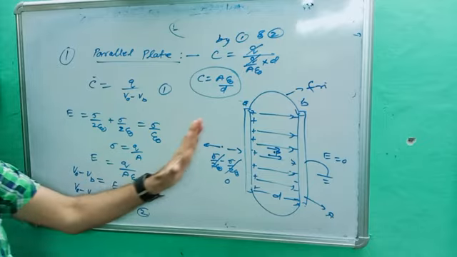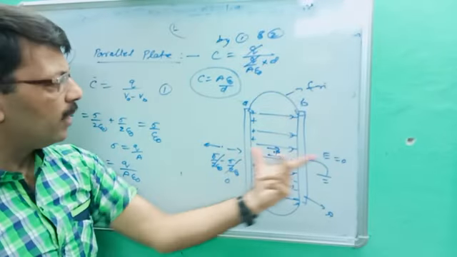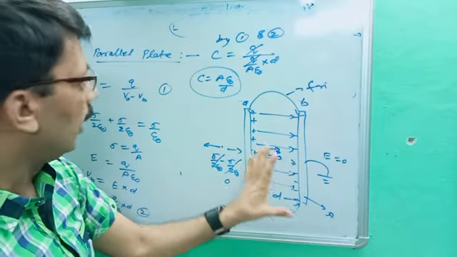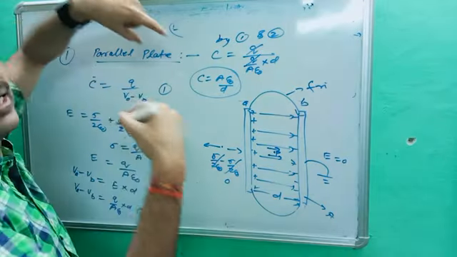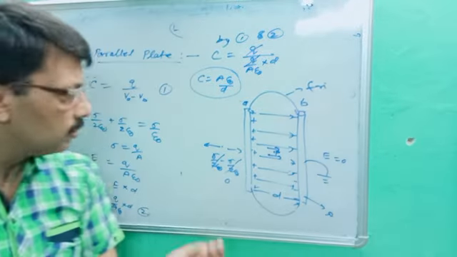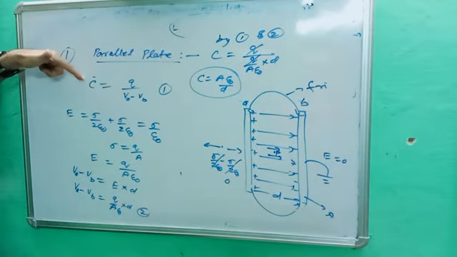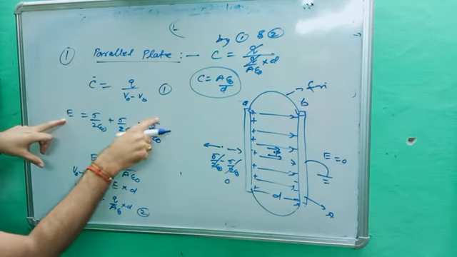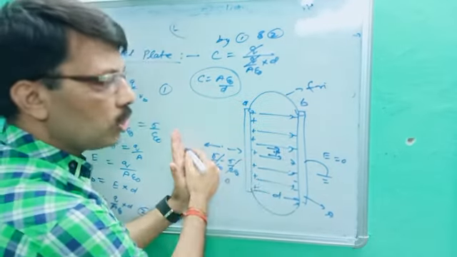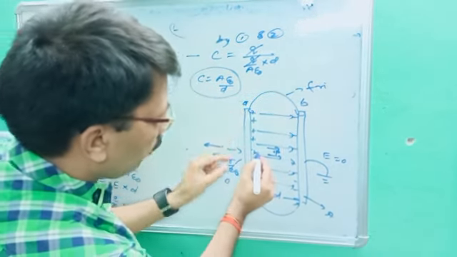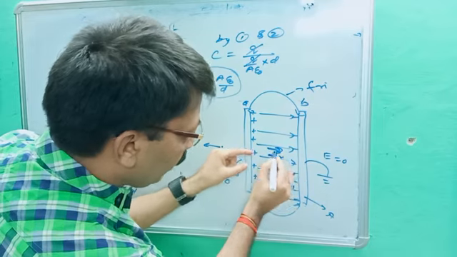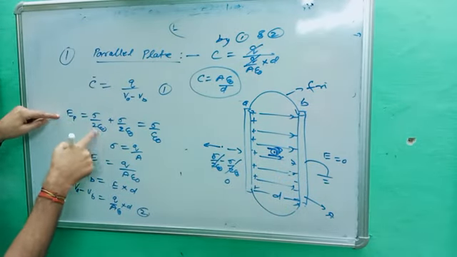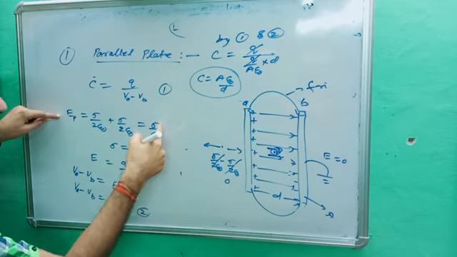So once again, we have two plates, as in your question, parallel plates A and B, separated by a small distance. The area of the plate is A. Our track was electric field, then electric field to potential, and potential to capacitance. So we are doing the same thing here. We know the formula C is equal to Q upon VA minus VB, the potential difference. First we get E is equal to sigma upon epsilon naught. There are three zones: left zone 0, right zone 0, and middle zone away from positive and towards negative at point P. So the electric field at point P, EP, is sigma upon 2 epsilon naught plus sigma upon 2 epsilon naught, which gives sigma upon epsilon naught.